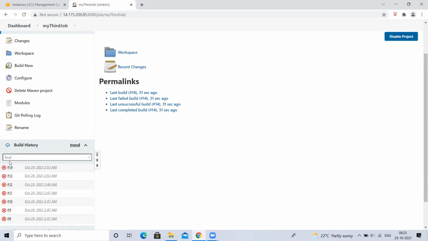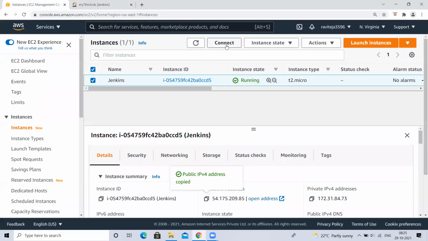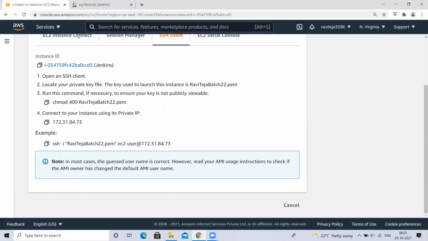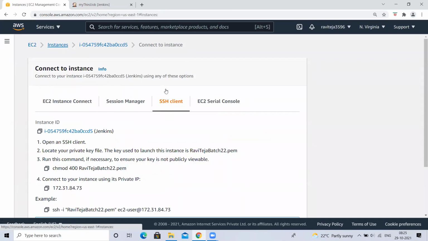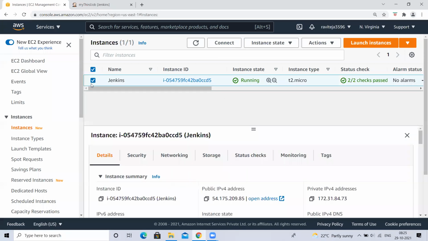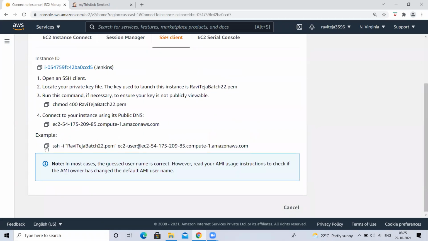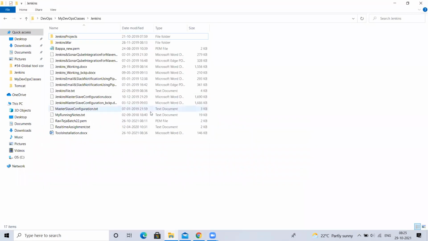So when I clicked 2 times, 15 and 16. The 15th will keep executing in progress state. At that time, the 16th will be in the queue. Next, when the 15th gets completed, then the 16th, which is there in the queue, will come into action and start executing. Okay, let me quickly show you that.